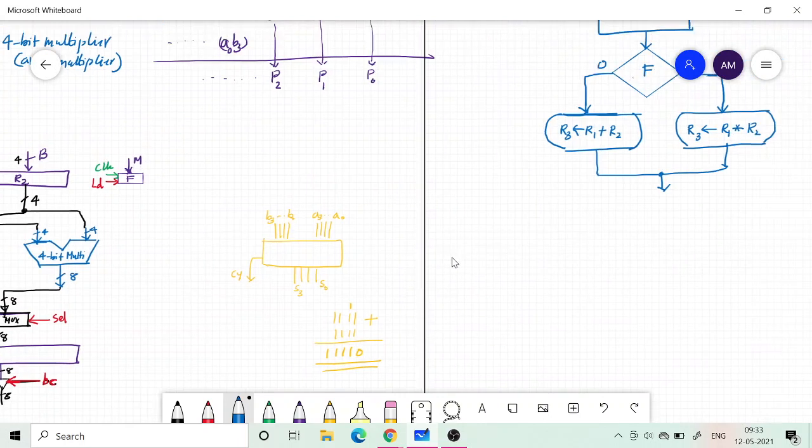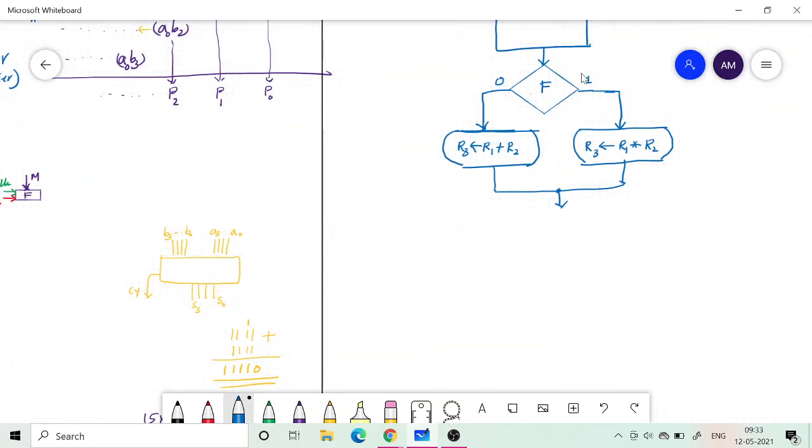So those are the control signals that need to be generated, and that depend upon the input F.